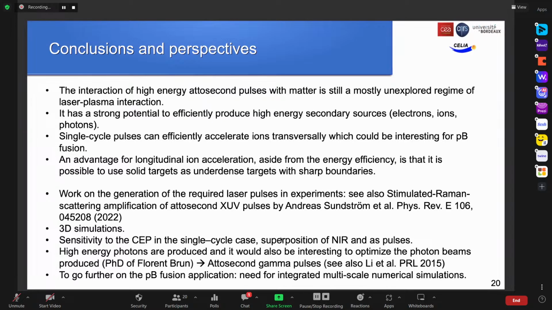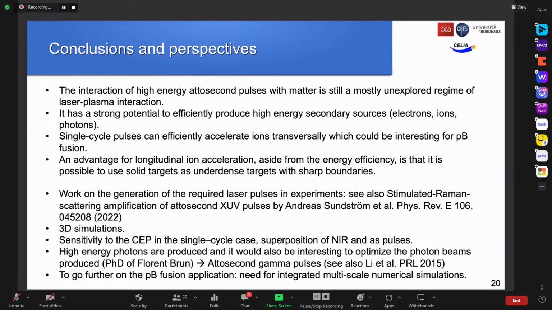I did not show it, but I focus mostly on ions. But these pulses are also very interesting to accelerate high energy photons. So Florent Brun, in the framework of his PhD, is looking at this. The idea would be to create very short gamma pulses, like it was proposed using other techniques, like in the Li et al. PRL paper from 2015,